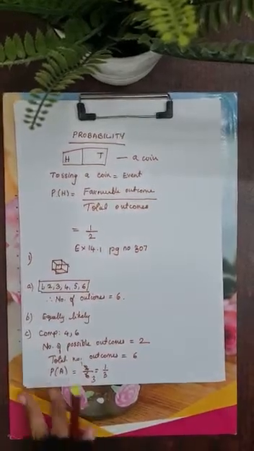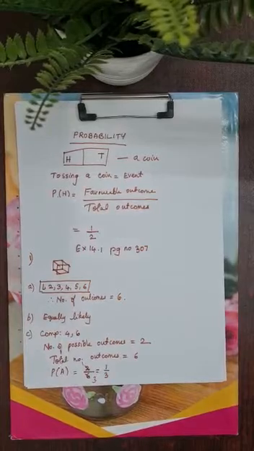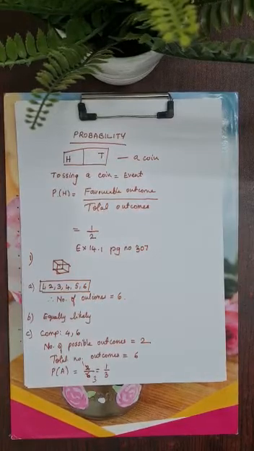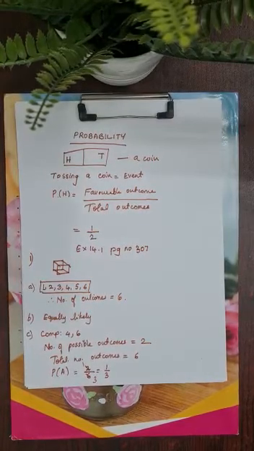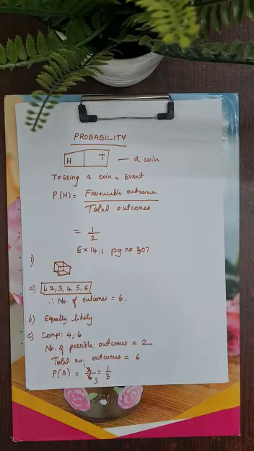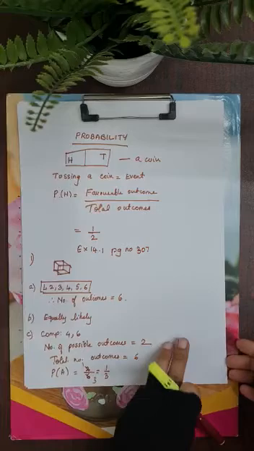Let's move on to the second sum now. A coin is tossed 100 times and the following outcomes are recorded. Heads 45 times and tails 55 times from the experiment. A bit, compute the probability of each outcome, and B bit, find the sum of probabilities of all outcomes. Okay, children.